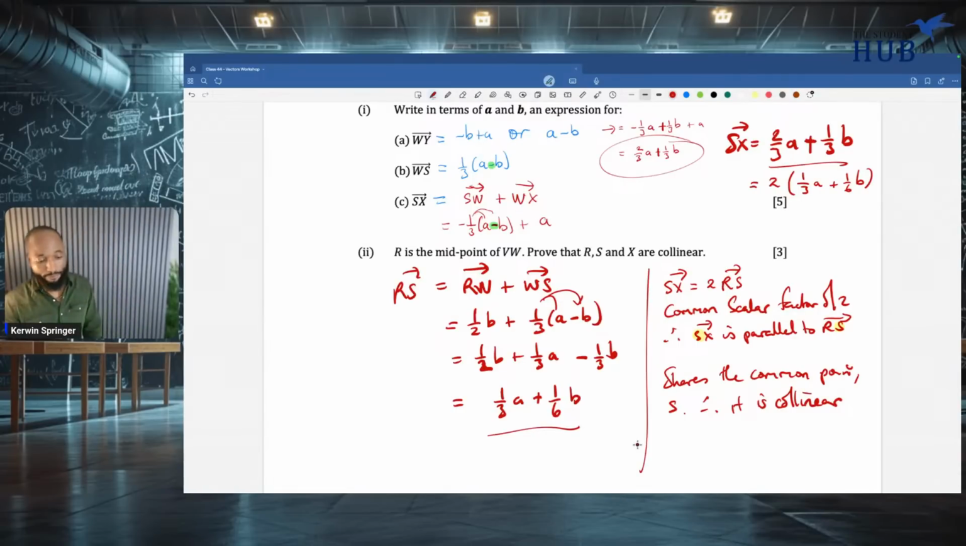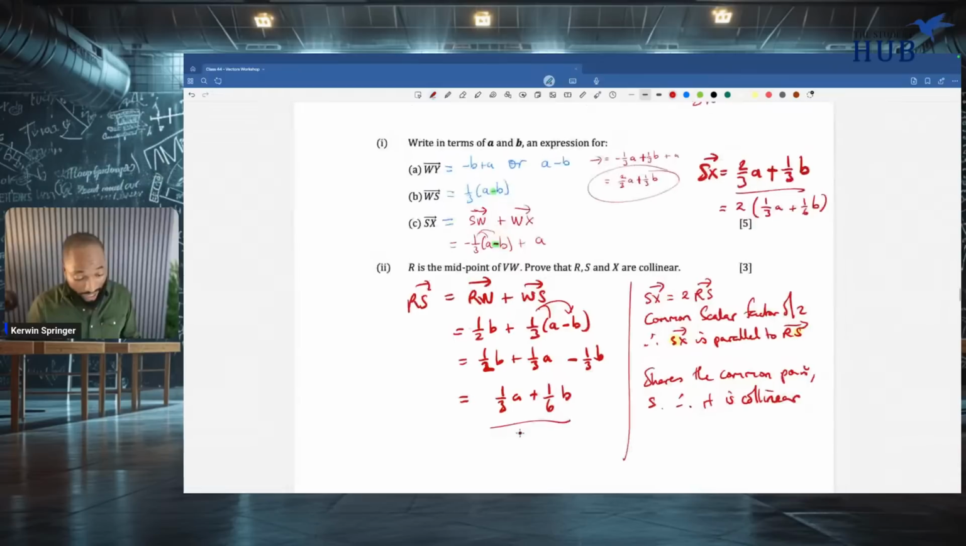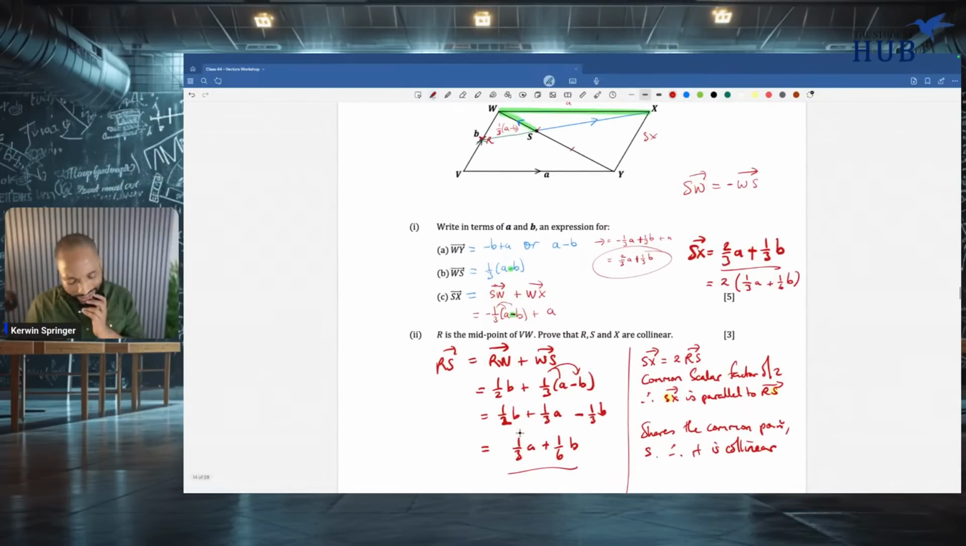Got it? So this is as rough as these kind of vectors questions come. And I think this is why some people rate this as one of the hardest questions when it starts to go into the fractions like this. But you just need to take your time and don't get distracted